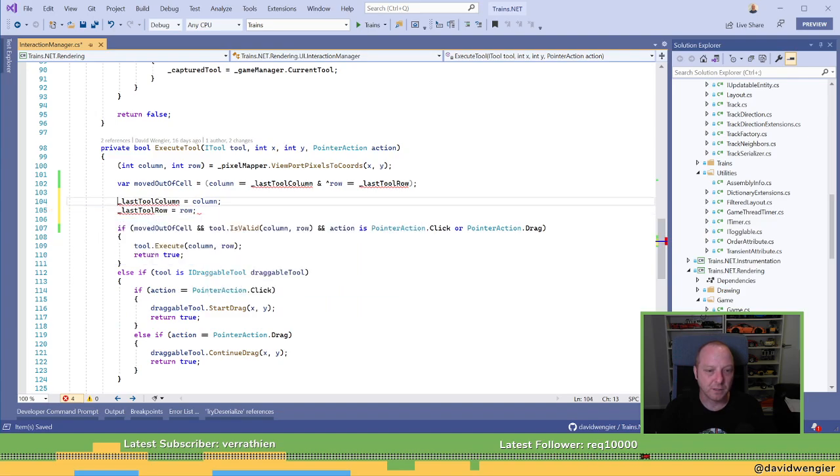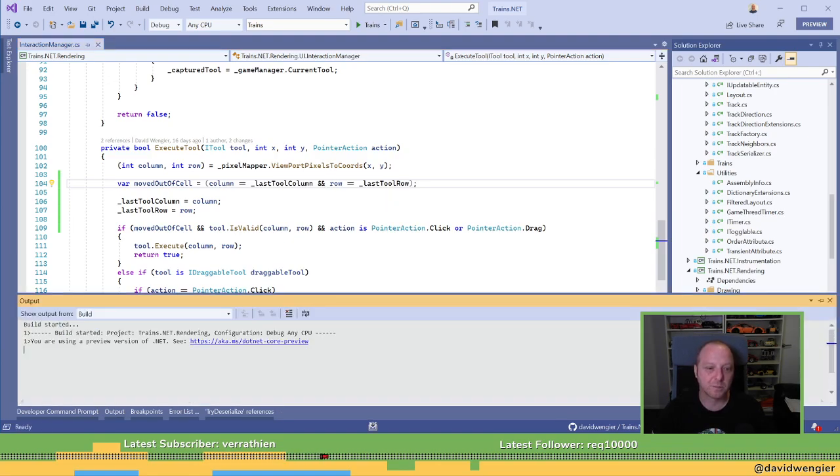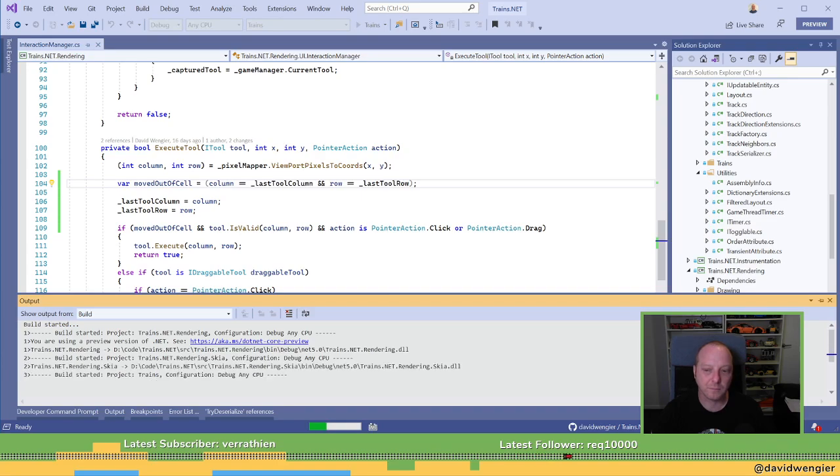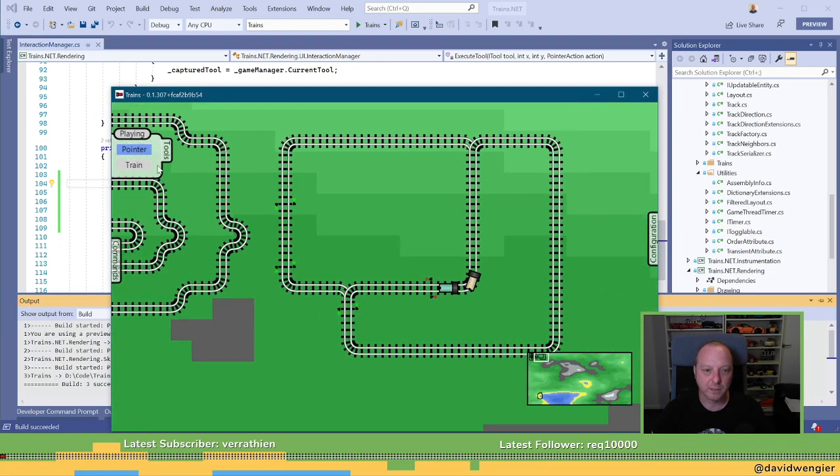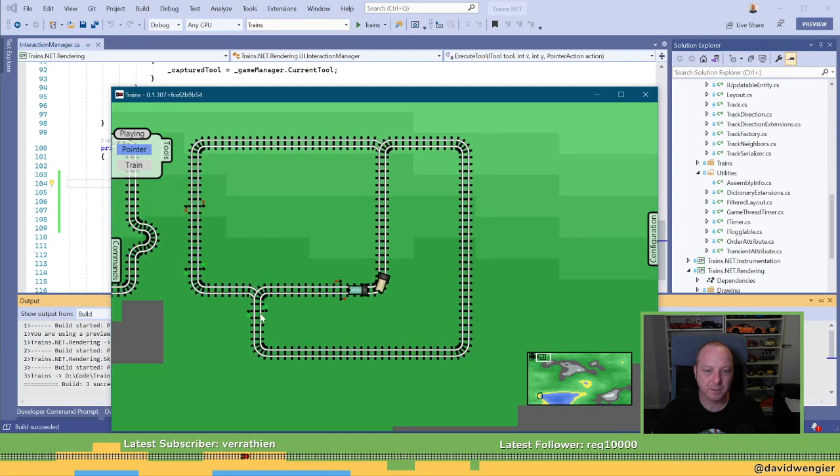Make some fields. All right, I don't know what I did there. That should be and. All right, now this should be a bit better. And then I think I might call it a night. So, no, that still happens.